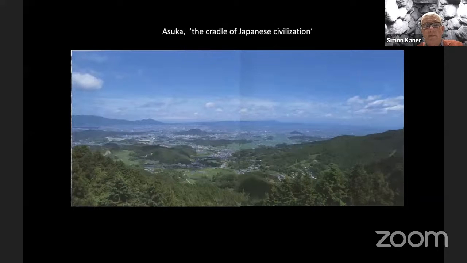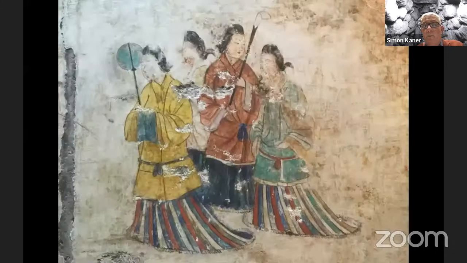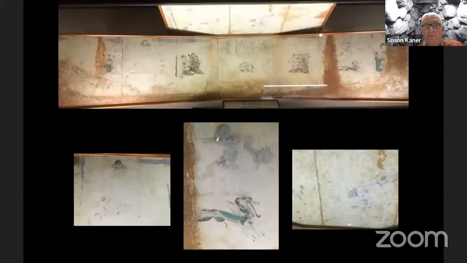All of this brings us to my final point, really, which is the way in which these myths are being reincorporated into Japanese archaeological interpretations. That's centered in the Asuka region, where tombs such as this, Takamatsuzuka, would again have surprised Gowland very much, because he didn't think that there was any tomb art to speak of in Japan. We now know that there were many tombs that were decorated, these with Chinese motifs.